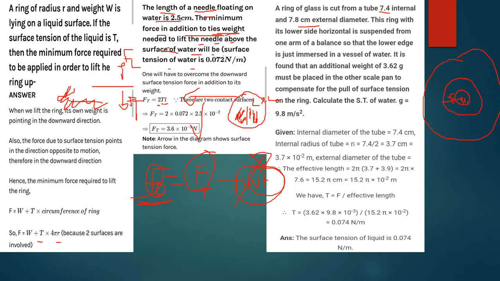Okay, this ring, its lower side is coming towards your face, as you look at it. The lower side is the one immersed in the water. It is suspended from one arm of a bar so that the lower edge is just immersed in a vessel of water. So it is found that an additional weight of 362 must be placed on the other scale pan to compensate. So what it means is that